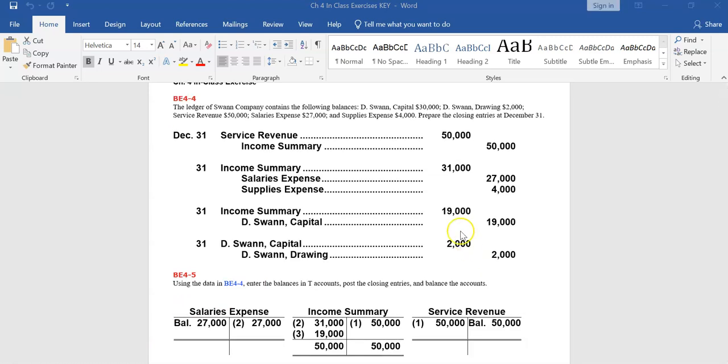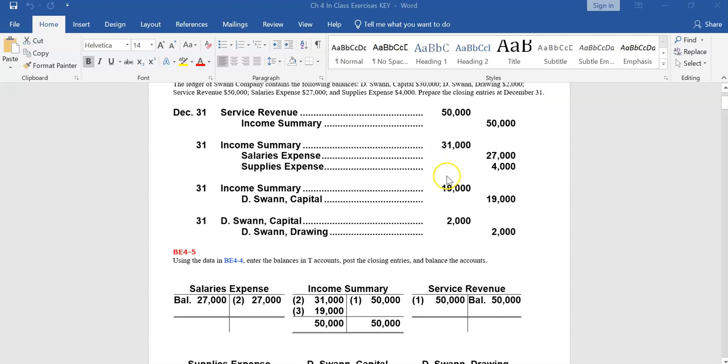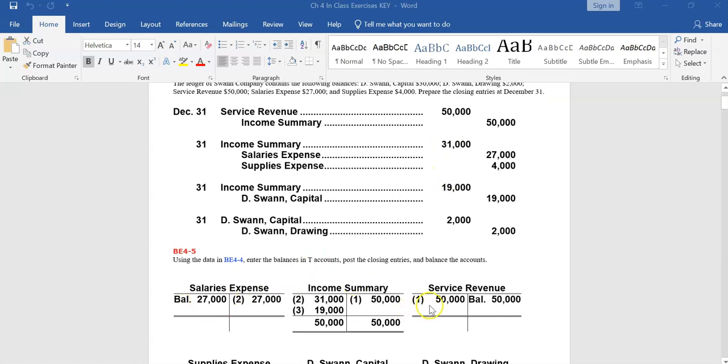Let's see the impact of those transactions in P accounts so we can visualize what happened. Revenue account had a credit balance of $50,000. We debited that account for $50,000 in the first closing entry, bringing its balance to zero and transferring the amount of revenues over here to income summary. The second closing entry